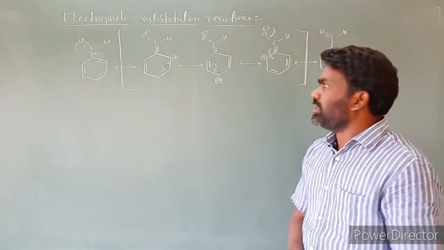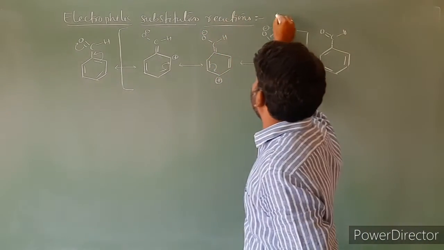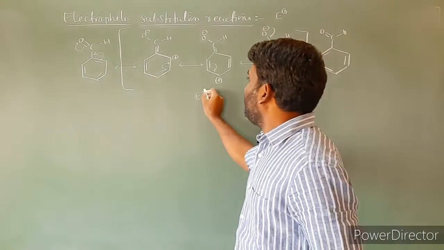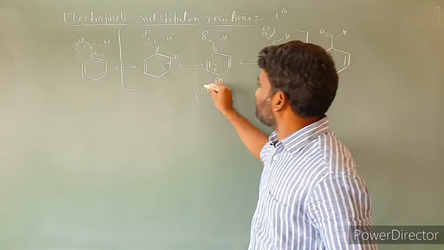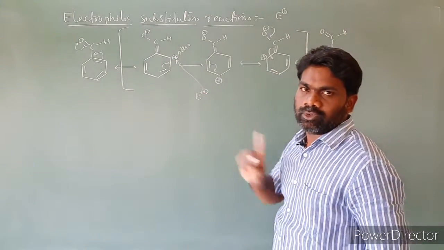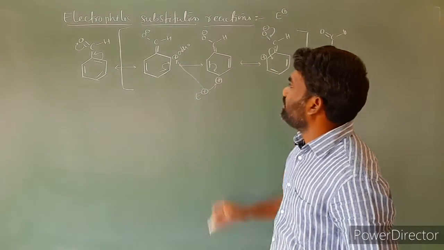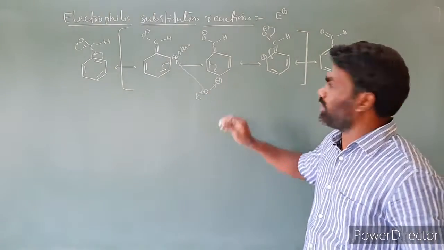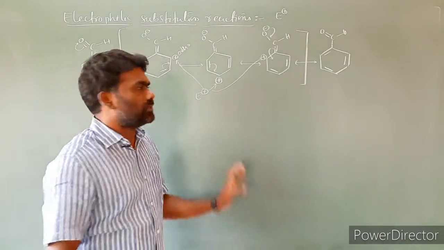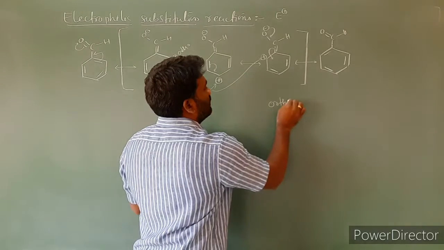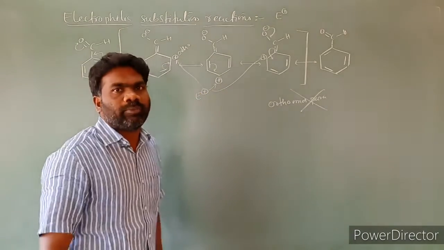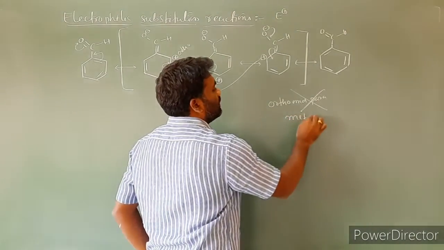We know this point very well. Now look at electrophilic substitution. The electrophile has a positive charge. This electrophile will attack at a carbon in these structures. At the ortho position, what do you have? Positive. The electrophile is positive, so no ortho product. Look at para: para is positive and the electrophile is positive, so no product. Attacking the other ortho position, positive and positive, repulsions will be there, so no product. So there is no product formation at ortho and para. The product is formed at the meta position.